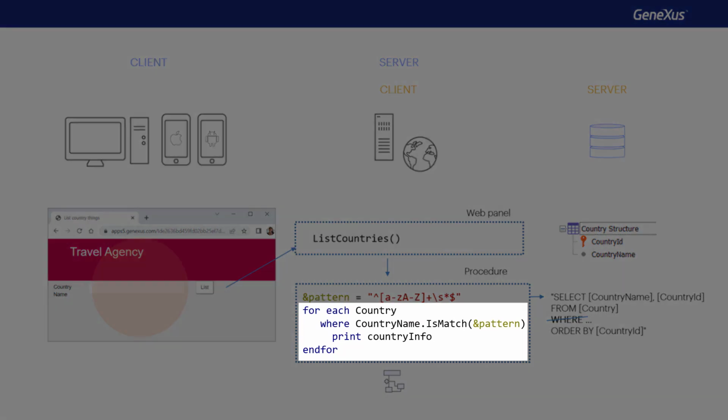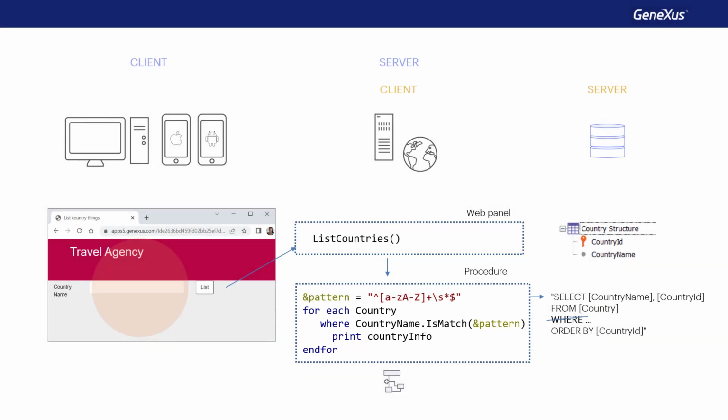Genexus developers write a for each in the source, and then, knowing the environment for which the application will be built, the Genexus specifier will determine how the source should be built. There, it makes decisions that depend on the programming platform, but also on the DBMS with which it will connect. If we're curious, we can always inspect the source and see the SQL statement.